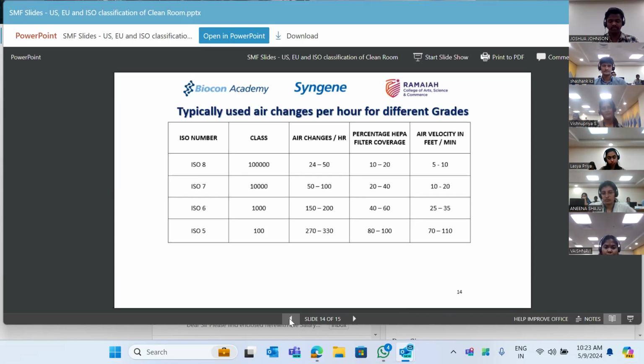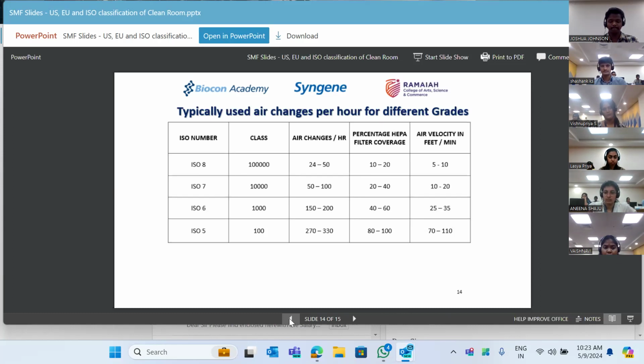And the number of air changes are 330 air changes per hour. If you remember yesterday's meeting, the pressure inside a very ISO 5 is very high compared to the outside. How do you achieve that? It is by the number of air changes, which are 330 or whatever number of changes based on the design. Then to ensure the laminarity, the airflow pattern, it is that 80%